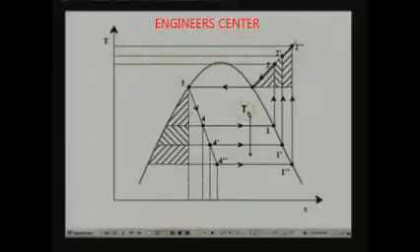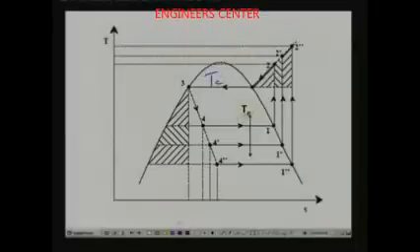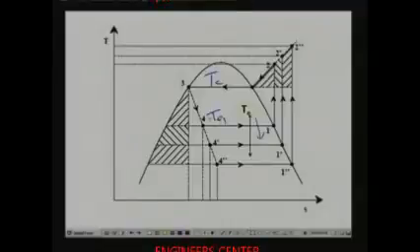Here condenser temperature is fixed. This is a condenser temperature which is fixed, and I am decreasing the evaporator temperature in this direction. For example, cycle 1, 2, 3, 4 is for, let us say, an evaporator temperature of T1. For this particular evaporator temperature, this is the throttling loss, and this is your superheat horn or superheat loss, and this is your